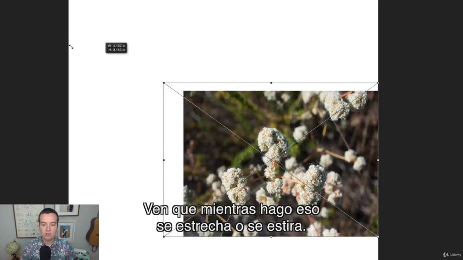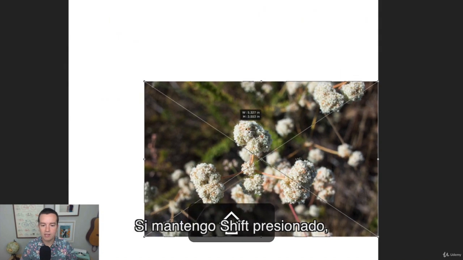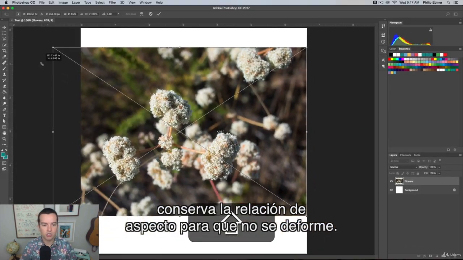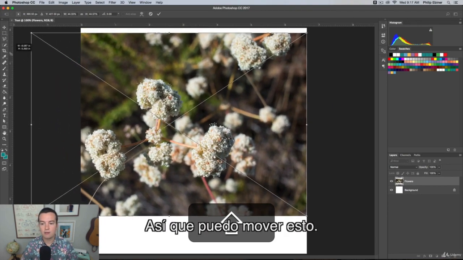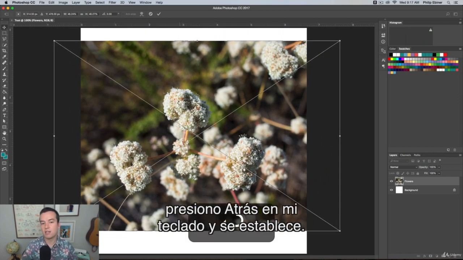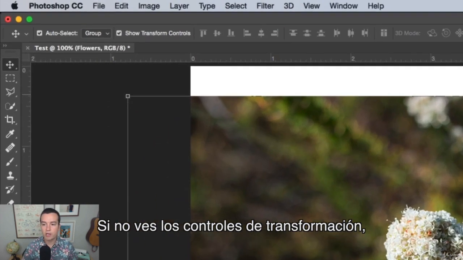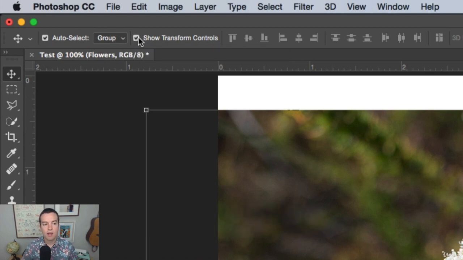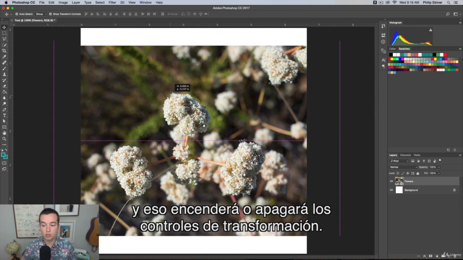You can see that as I do that, it can get squished or stretched. But if I hold shift down, it locks the aspect ratio so that it doesn't get squished or squashed. And that's smart when you are resizing photos. So I can move this around, and say I'm happy with where it is, I press return on my keyboard and that places it. If you didn't see those transformation controls, you might need to check this box up here,